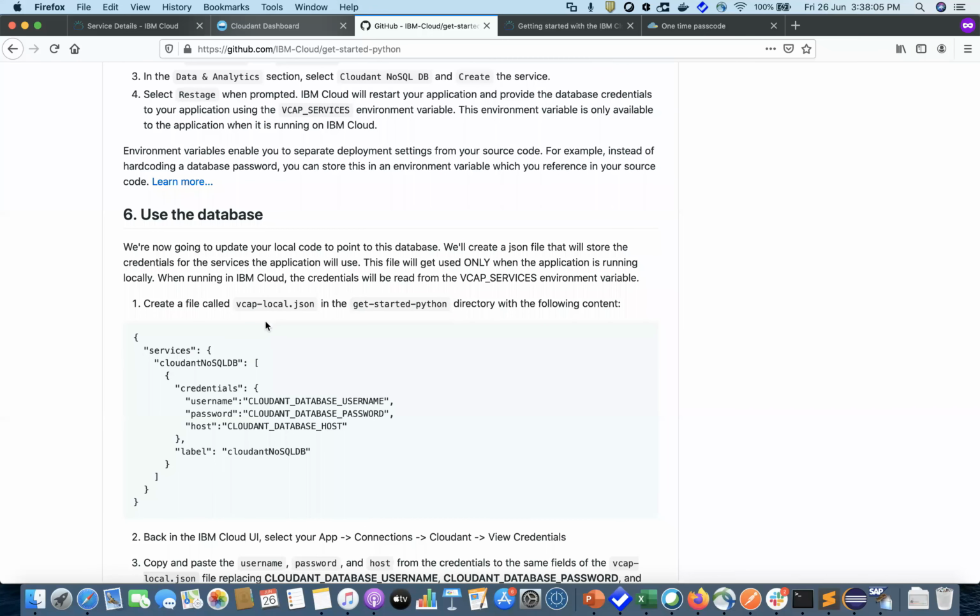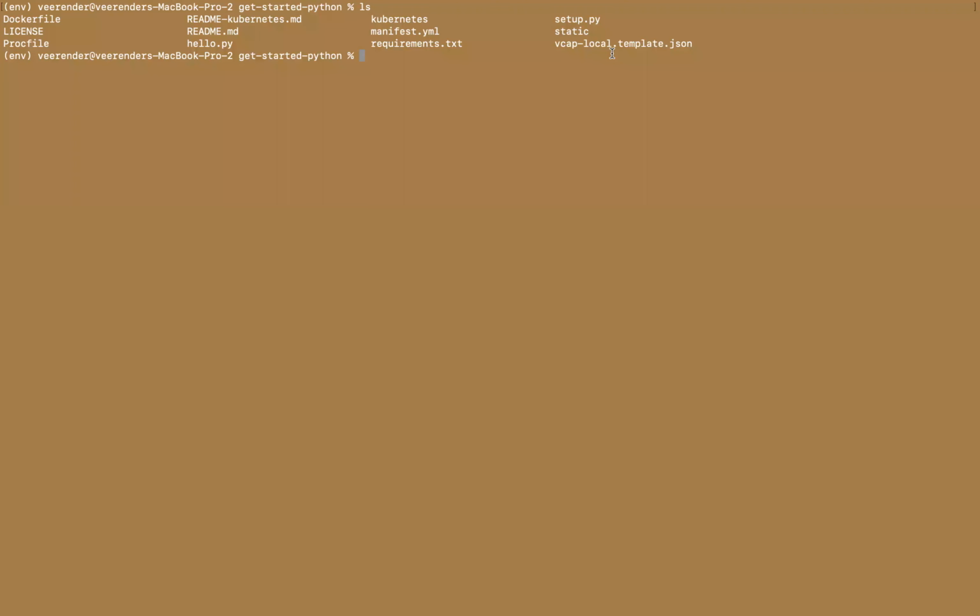You need to create a file similar to vcap-local.json and paste this format into it. But since we already cloned this, we already have the template available. You can see vi vcap-local template.